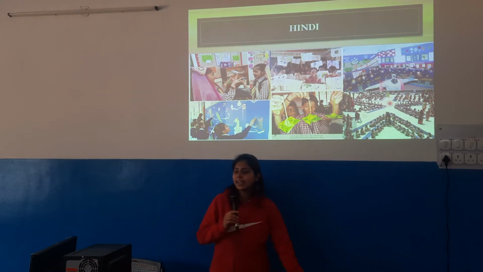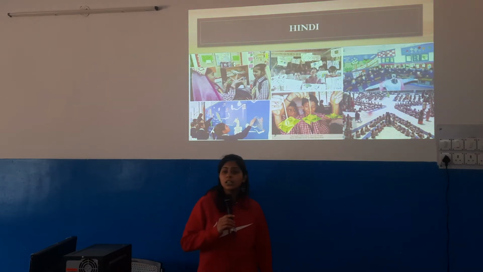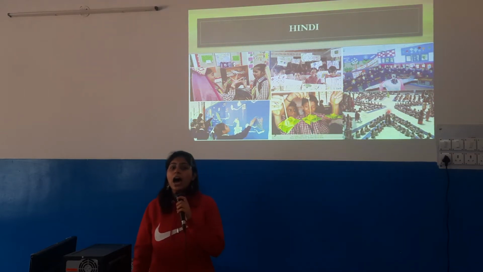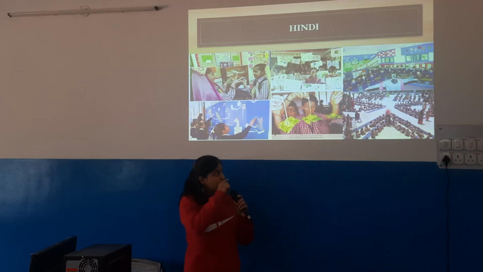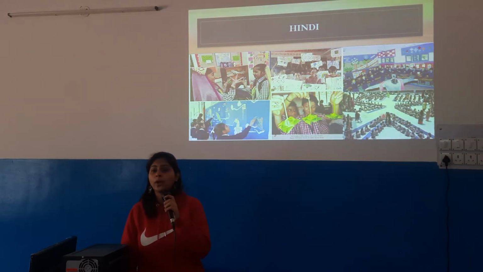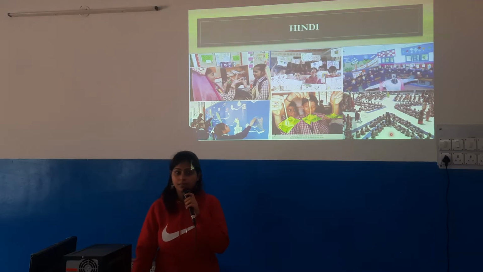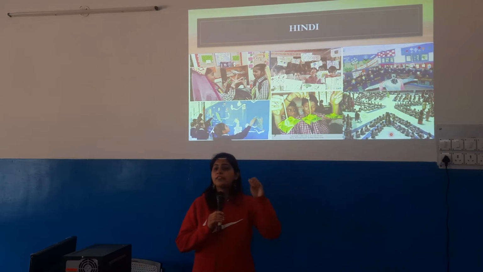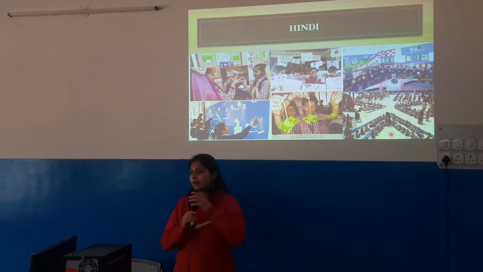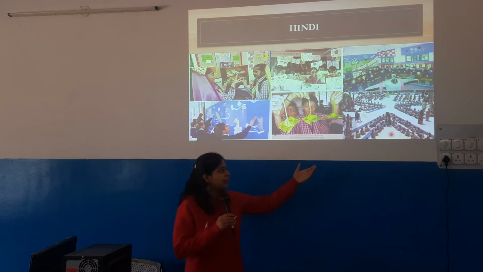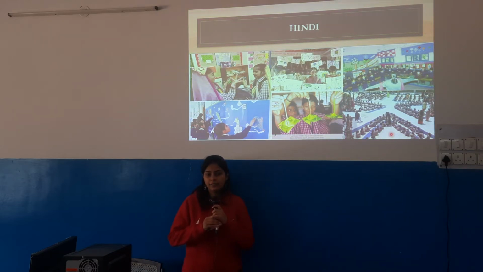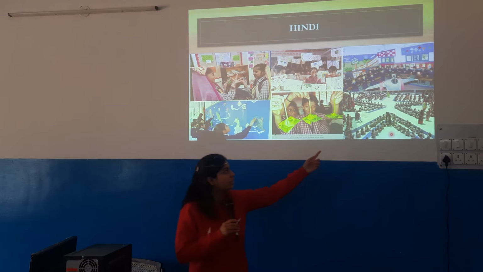Last, sixth, is a secondary level picture. Here, in an assembly performance, the teacher with the help of students is preparing for a very important topic of Hindi, that is Samas. The class has been divided into different groups. Students have been given Samas and Alankar. Hindi teachers will know this. The different sections of students are asked to perform different activities in Samas and make the idea clear to the entire standard 9 and 8 level. So this was a very great initiative.